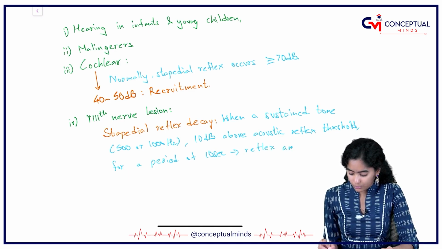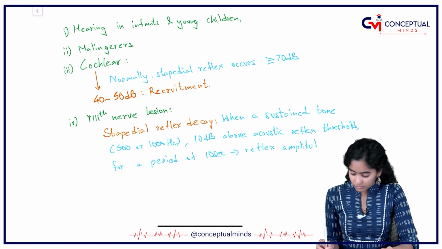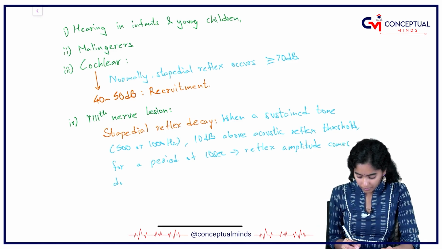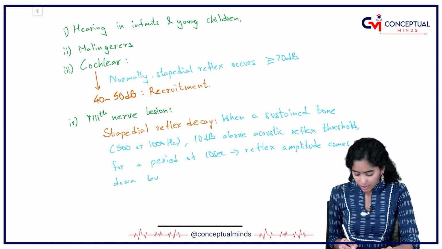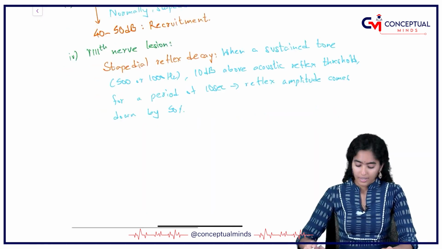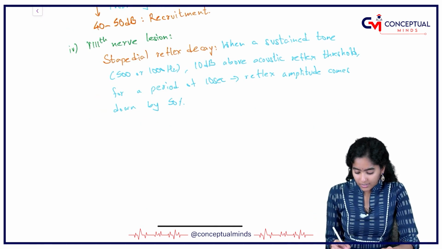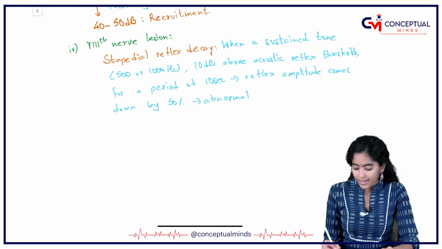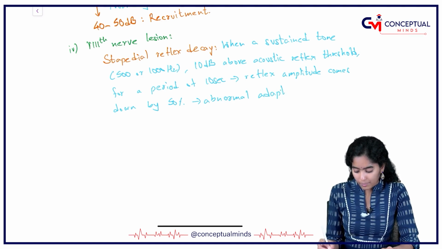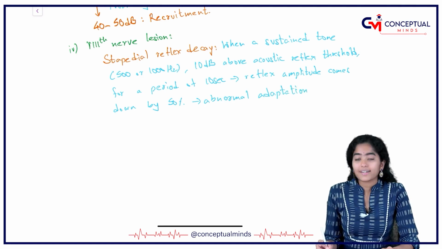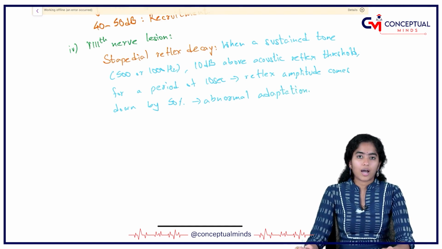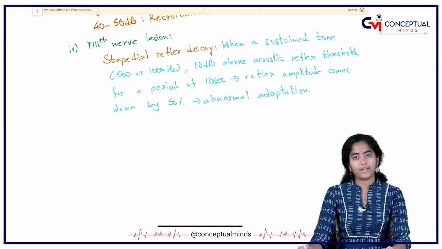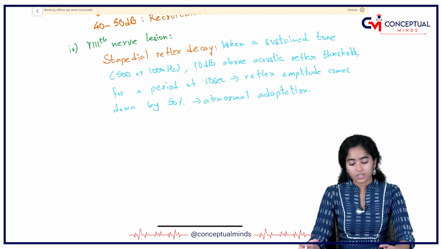Reflex amplitude comes down by 50%. That is, the eighth nerve is showing abnormal adaptation. It is not supposed to adapt. It is supposed to sense this loud noise and send a signal to stapedius, but when you are giving the